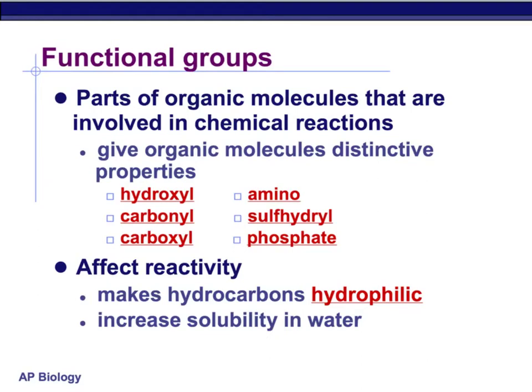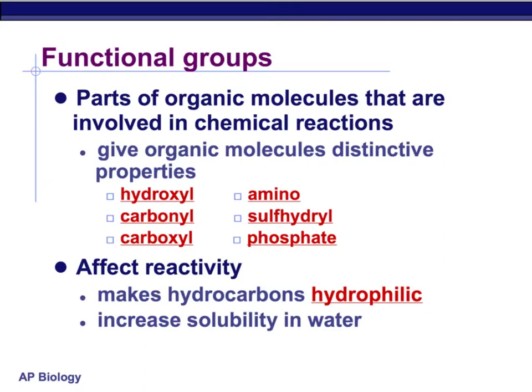So what's a functional group? A functional group is an organic molecule or parts of organic molecules that are actually involved in chemical reactions. Don't forget, chemical reactions are all about losing and gaining electrons. These functional groups give organic molecules very distinctive properties, sometimes properties that are unique just to that class of macromolecule or organic molecule. Here's another thing you're going to have to get used to. They're called organic molecules. They can be called macromolecules. They can be called biomolecules. Get used to it. You'll hear all three terms interchangeably.